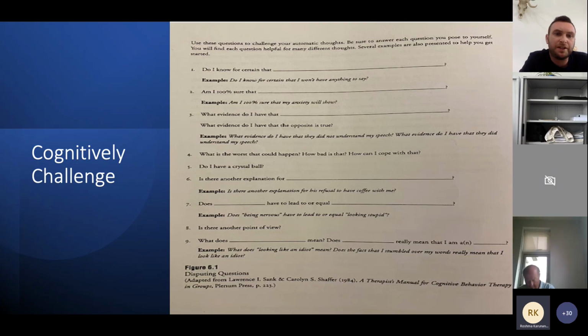So even though there's a list of maybe 9 different questions there, the person might say, do you know what, I like 2 or 3 of them and that's enough to help me to understand certain things. So a combination of cognitive techniques and also some behavioural techniques can be really, really useful to help the person to overcome this. And it also takes a lot of practice. So practicing outside a session, practicing in session, having talks, writing down material, is really, really useful to get it into the person's head and help them to live a different life.